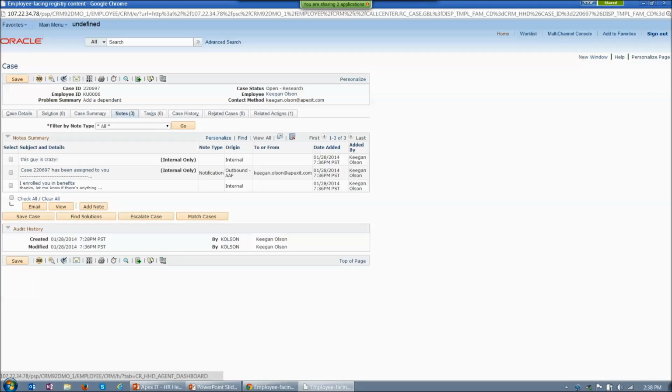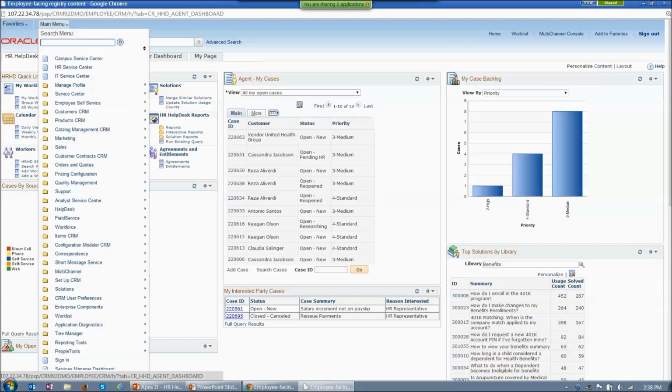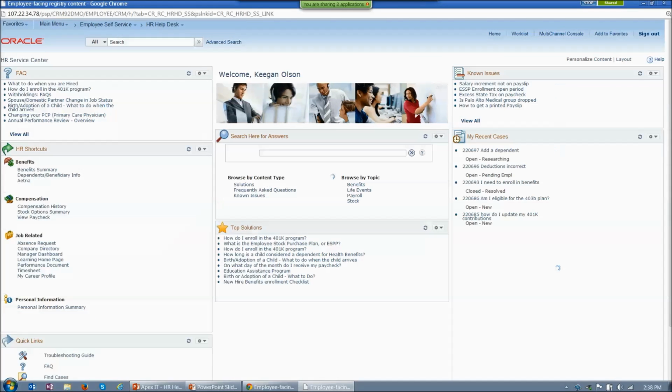but when I go back as an employee, which I'll do right now, again, putting my employee hat on, I'll go back to this HR Service Center. And now I'm back as the employee. I can see that the status is updated to open research. If I click on that case, it'll open it up, and